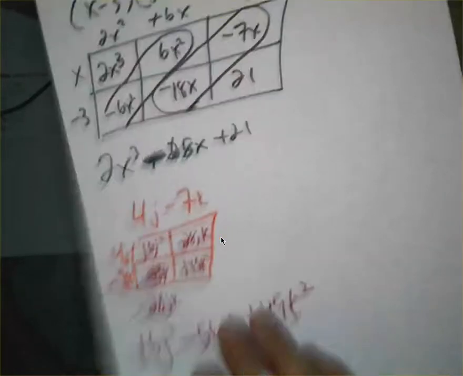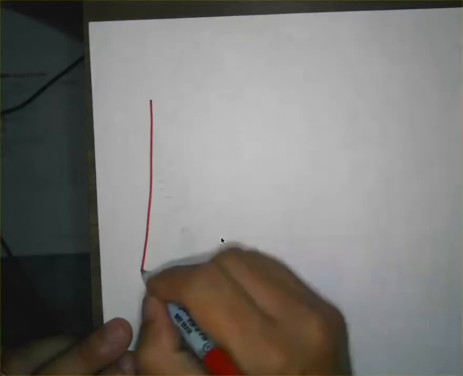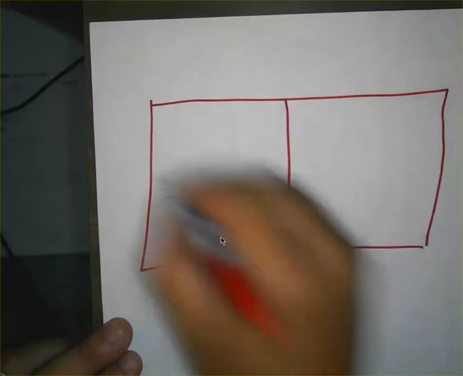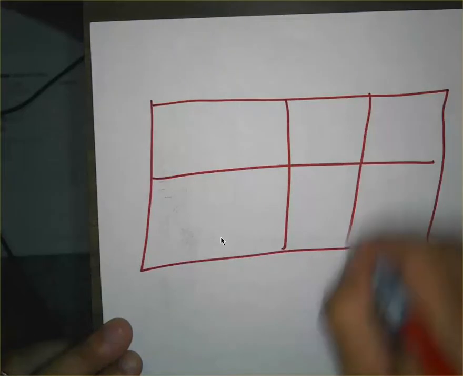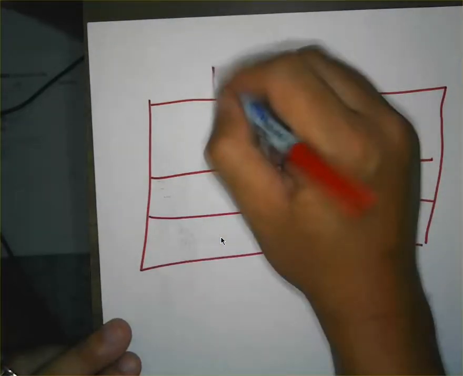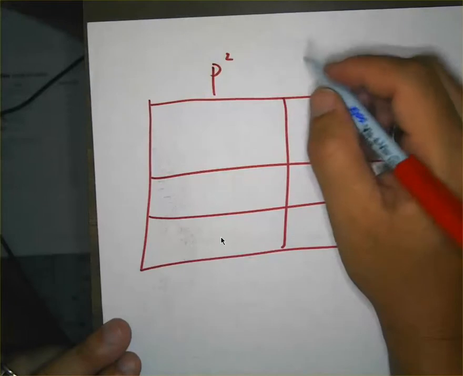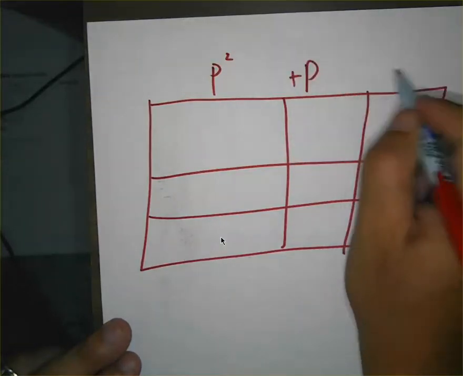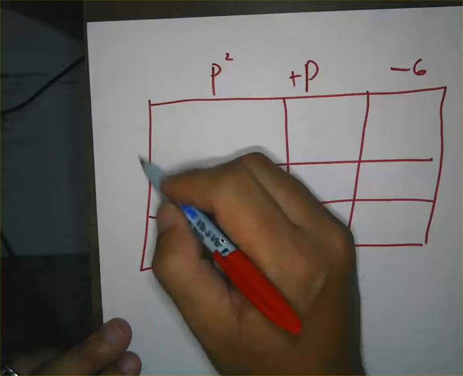And to finish it up, I'll do number 17 because that one's crazy. You got a trinomial by a trinomial. So again, you just do the rectangle method. You got 3 boxes by 3 boxes. So you're going to go p squared here, and then a positive p here, and then a negative 6. And then this one you have a p squared